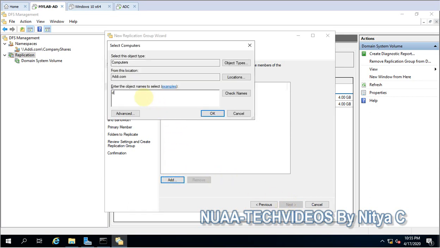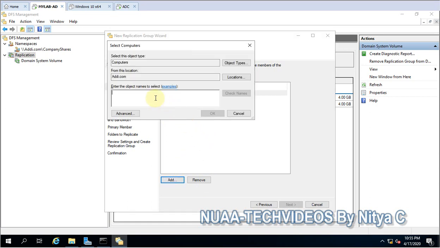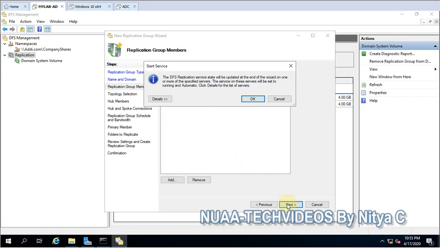So the server, in my case DC-1, and okay, resolve. So this is a replication group member, and one more member I have to add because I have two members, DC-2. So these two members will participate in the replication. If you have more servers, you can add them over here. And next.